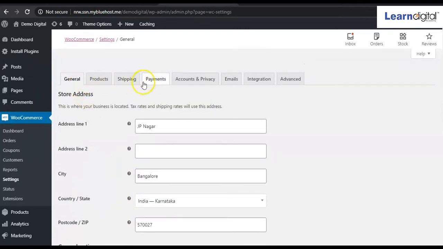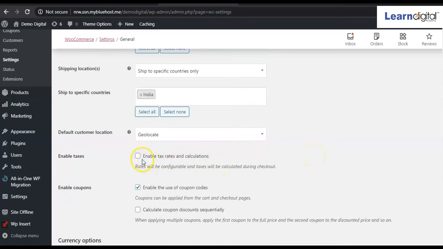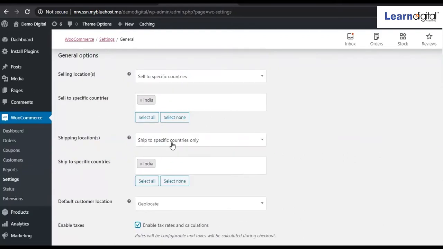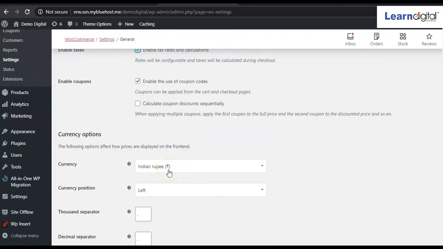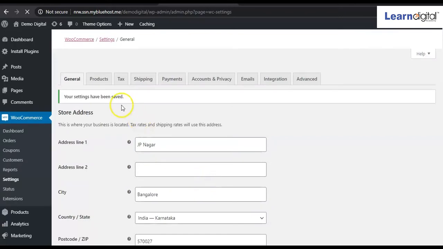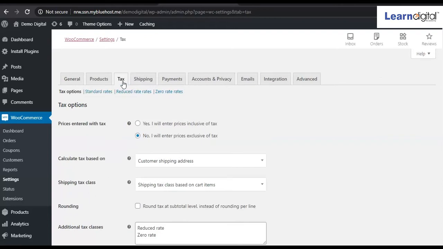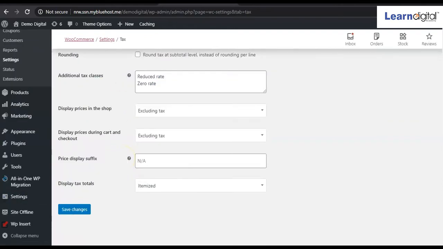So if you click on this one, enable tax rate and calculation, see, these options are coming, but no tax option is coming, right? So see what will happen if I click on this one, enable tax rate and calculation. Just I'm clicking on this one. Then after clicking on save changes, one new tab will come in our dashboard. So guys, you can see here one tab has come with the tax name. Under the tax option, simply you can add tax according to your state, according to product. All these things you can add over here, right?